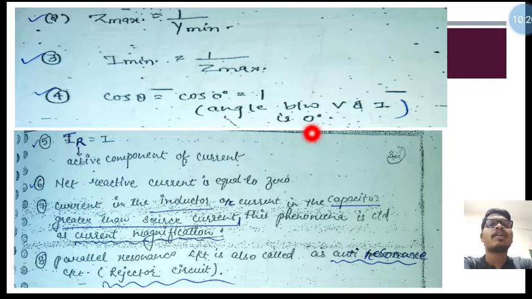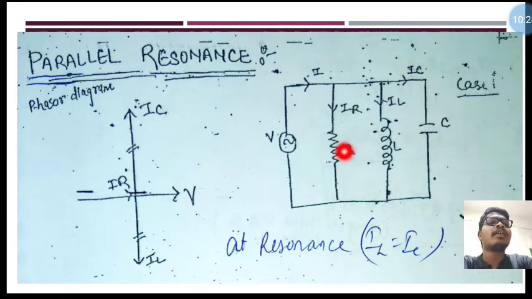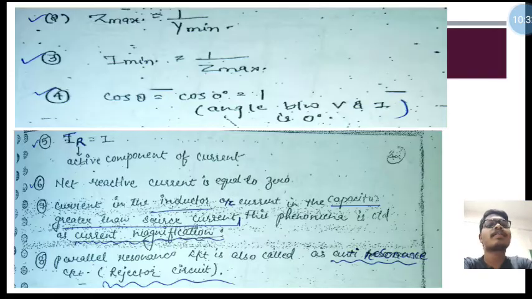Why? Because we are taking only the resistance part here, and we are neglecting inductance and capacitance, as the current across the capacitance and inductance is the same in the resonance condition. Okay, so that's why cos theta, that is the power factor, is equal to 1, that is unity power factor, and IR, that is the current across the resistance, is the active component of current, not the reactive component. Resistance is the active component, so that's why it is equal to I, the total current I.